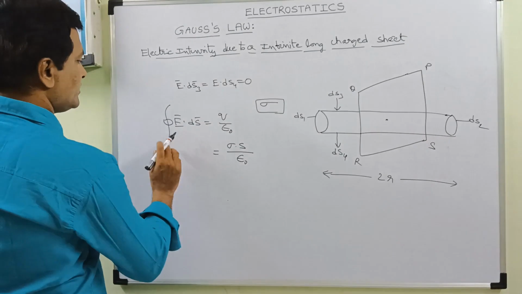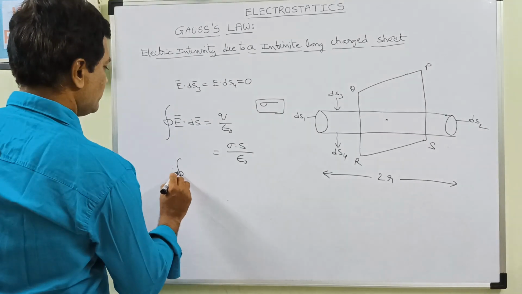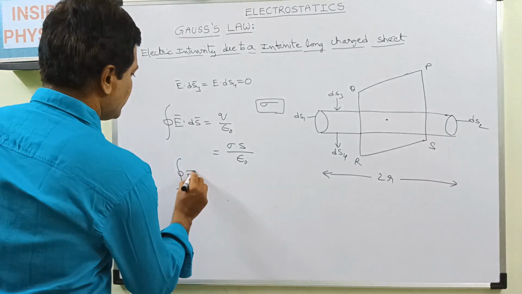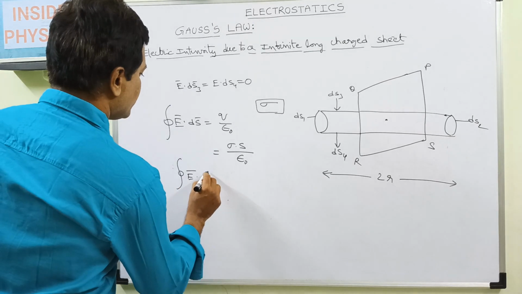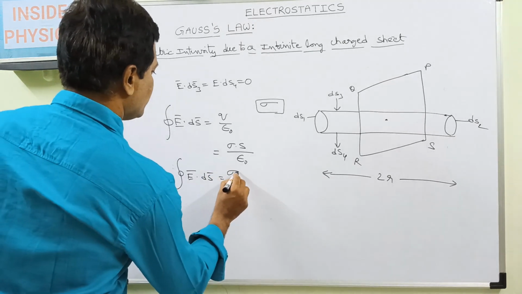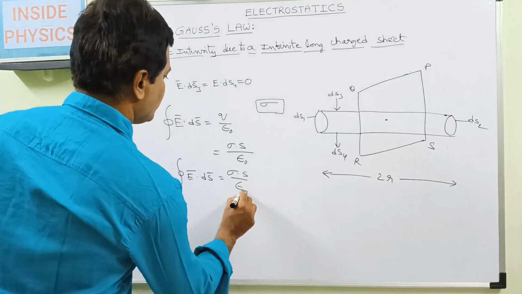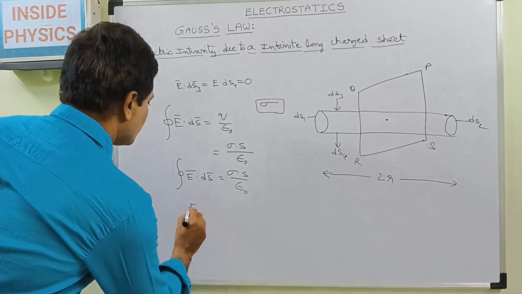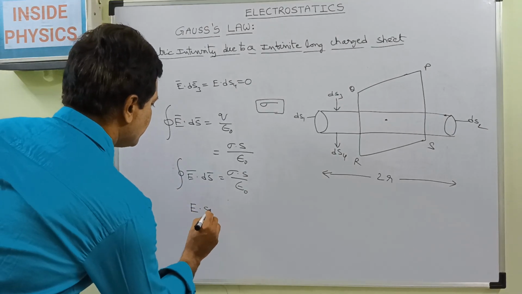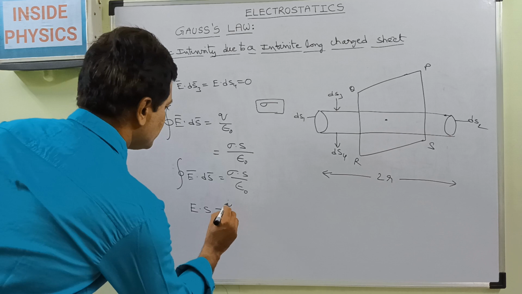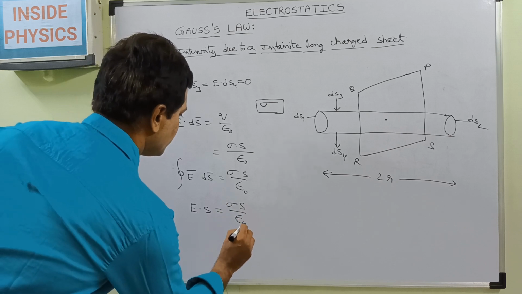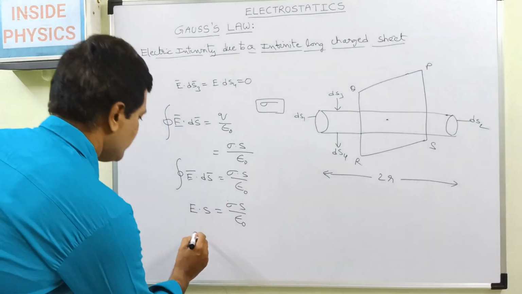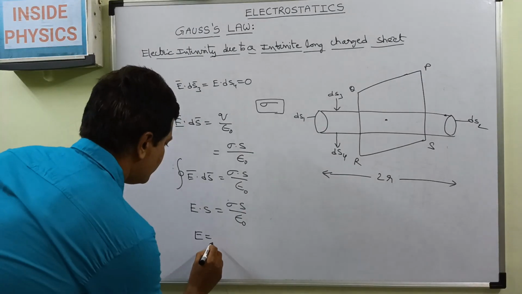Take the left side part. Here E dot ds bar is equal to sigma s by epsilon naught. If we integrate this, we will get E s is equal to sigma s by epsilon naught. So here s gets cancelled, so the electric field will become